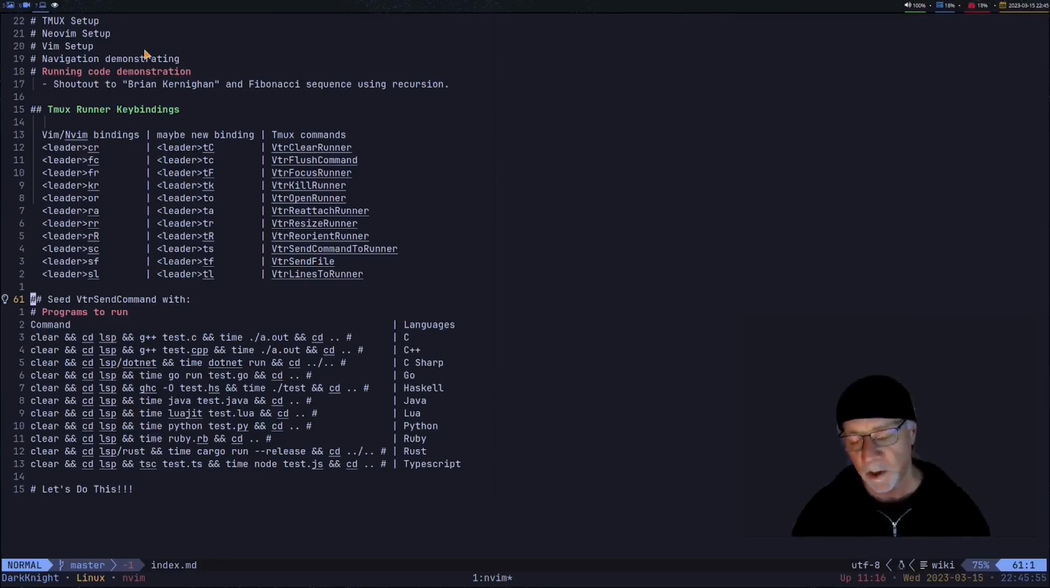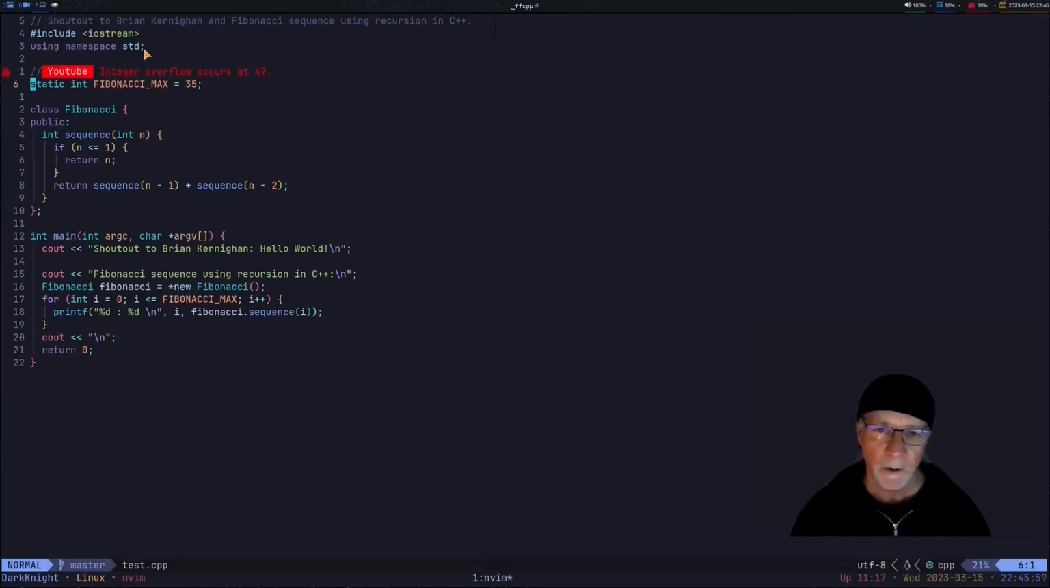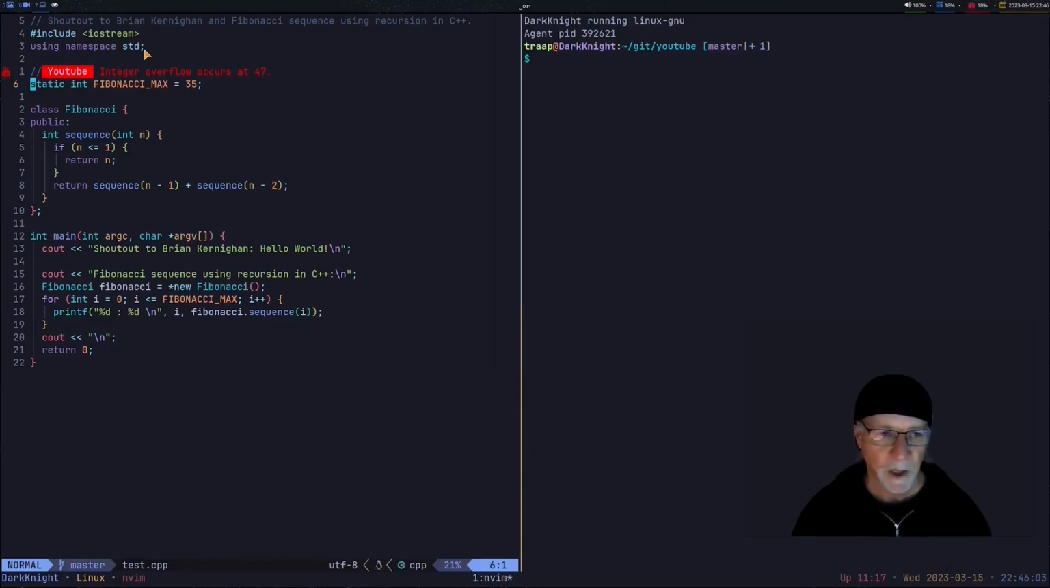So for this part of the demonstration, I'll use the CPP file. And what we're going to do is make a couple changes to the runner. So we're going to open up the runner again. The runner is now open, and I'm going to do a send command, and I'm going to tell it to